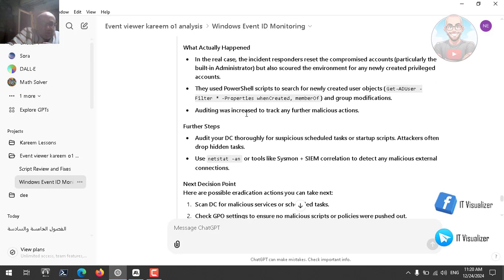Now, auditing was increased to track any further malicious actions. Further steps: audit your DC thoroughly for suspicious scheduled tasks or startup scripts. This can be done because the hacker may attach a scheduled task to run malicious code on the DC. We need to check the scheduled tasks or the events related to creation of scheduled tasks. Attackers often drop hidden tasks. Use